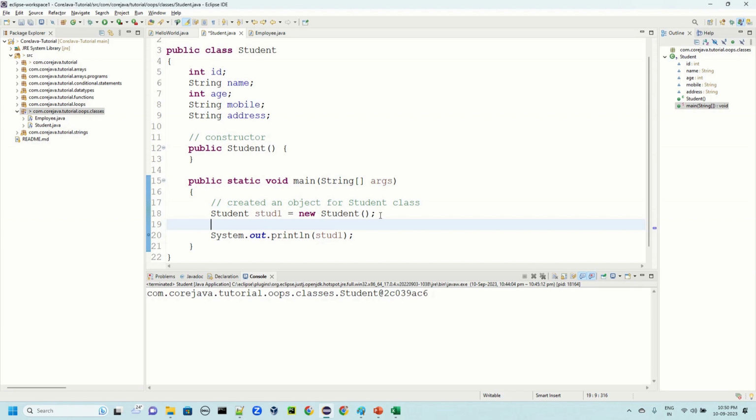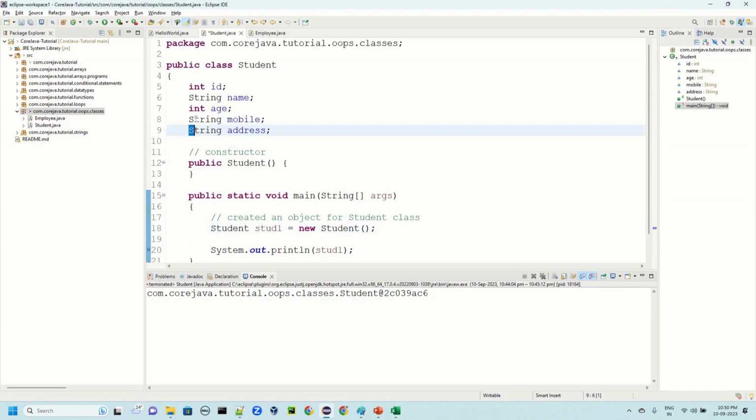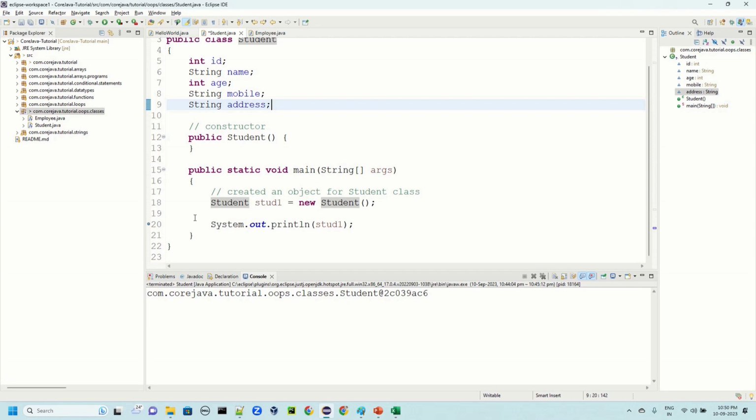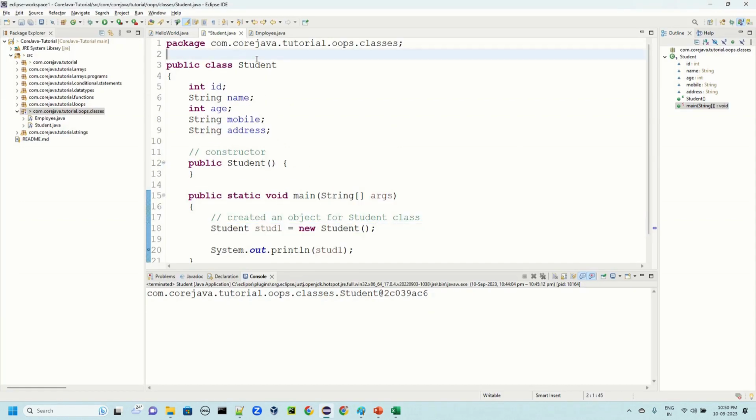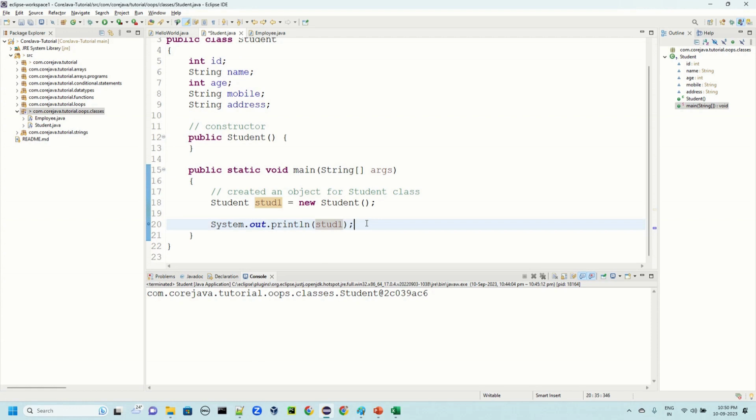Student class. Okay, so we are telling Java this is my custom type, a class Student, and this Student has these attributes and no methods as of now. When you create an object of that class, it will assign some values to those attributes. If it is only a class, it doesn't have any values. When we create an object, only then the values will be assigned, and that is how it is. And now what we will do, we will create one more